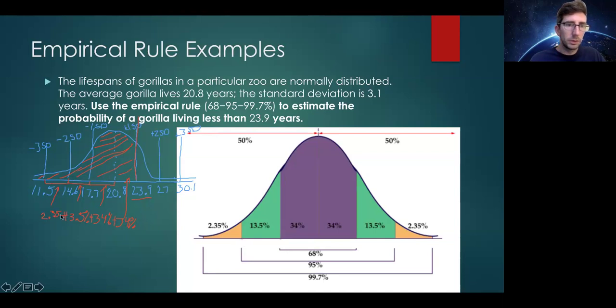I'm going to stop writing the percent signs, but just know that it is still a percent. And then don't forget about this last little piece from our last slide. We know that this contains an extra 0.15%, right? This is still in our red shaded area. Everything to the left also contains that 0.15%, right? So if we add all of this up, it will give us our answer. And I get